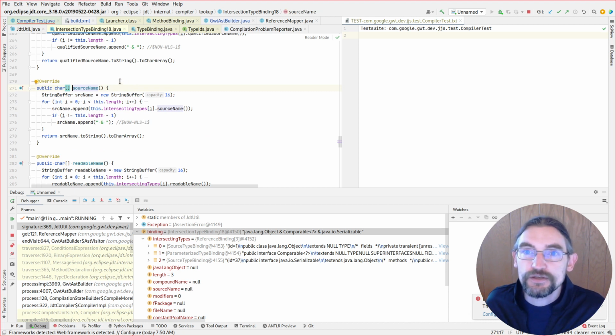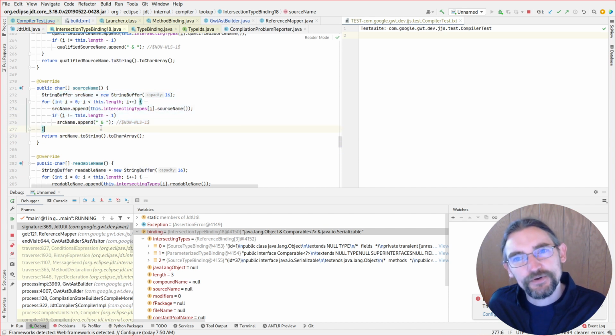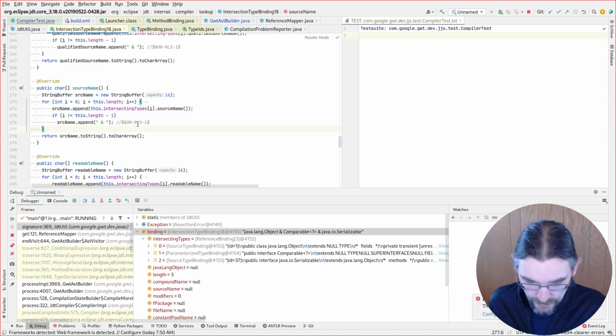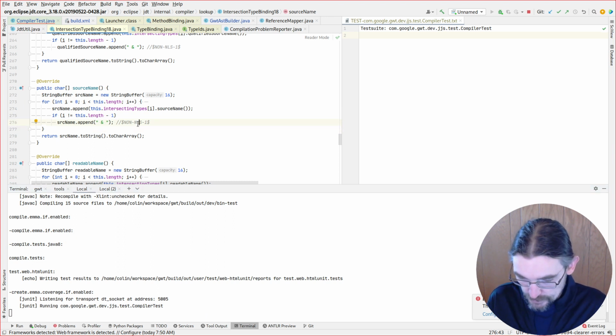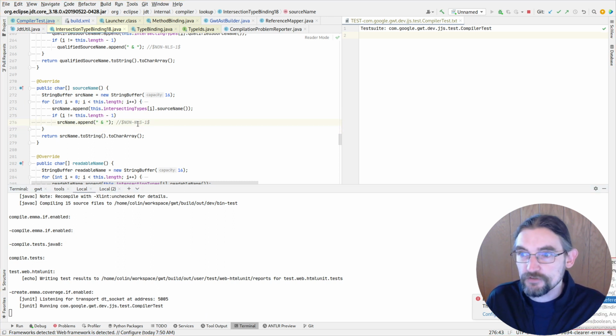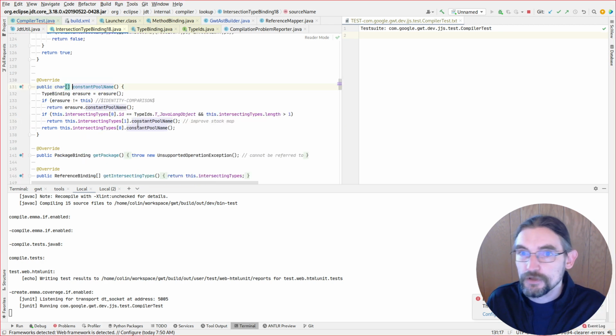Source name is just chain them together with and, grabbing each of the intersecting types, and then given a string. Why are we building it that way? This seems a little heavy-handed, but okay. And then we want the constant pool. Oops, wrong button. Alt, Command 8. Constant pool name is,